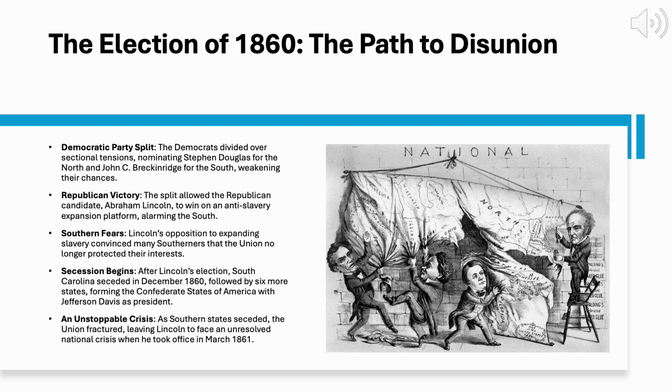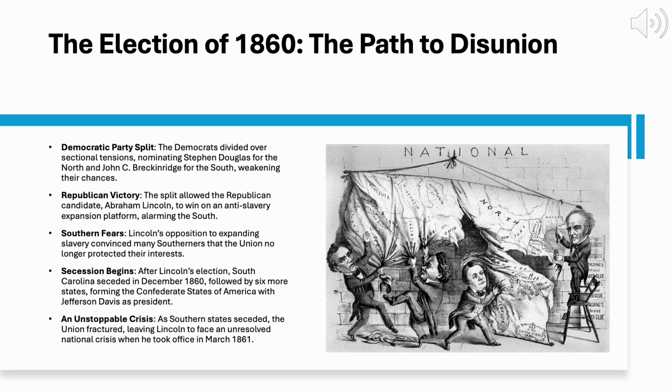The election of 1860 was the most significant in American history, marking the culmination of decades of sectional strife and setting the stage for disunion. The Democrats, the last remaining national party, fractured along sectional lines, nominating two separate candidates, Stephen Douglas for the Northern Democrats and John C. Breckinridge for the Southern Democrats. This split in the Democratic Party effectively handed the election to the Republicans, who nominated Abraham Lincoln on a platform